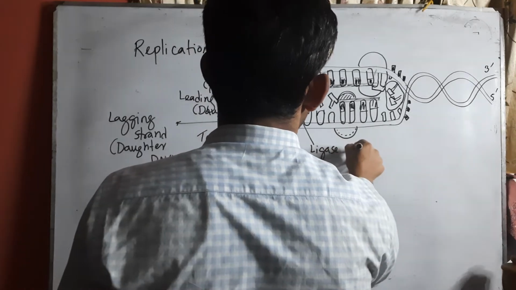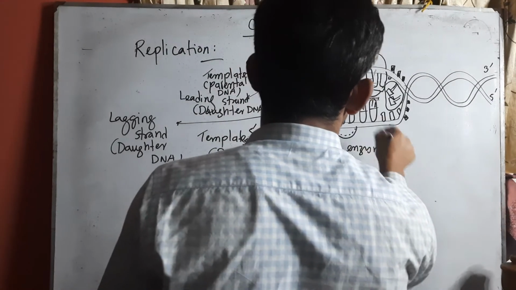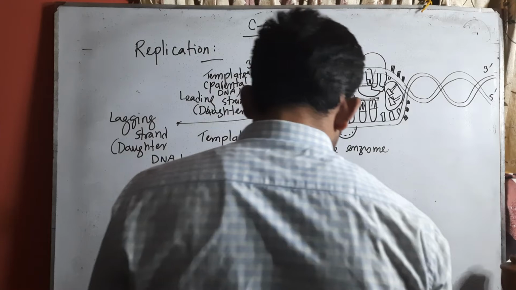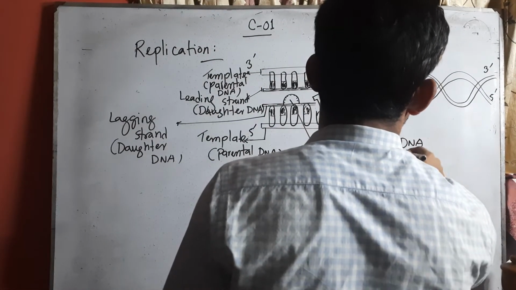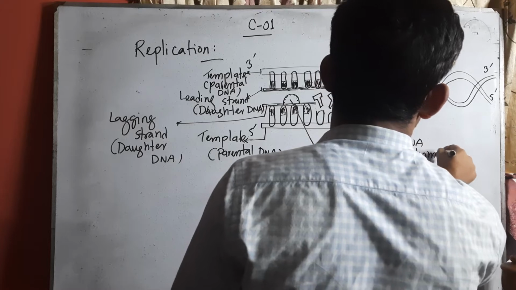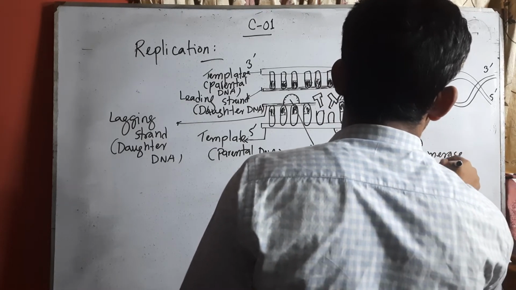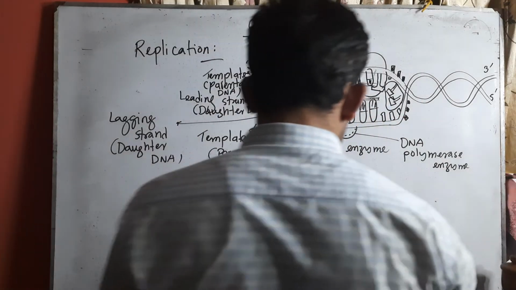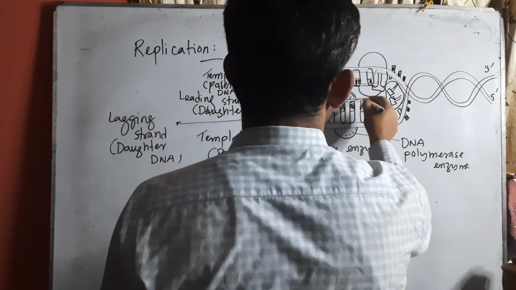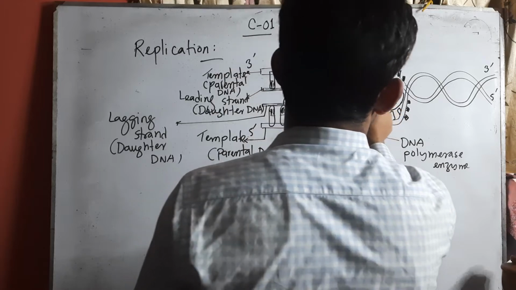Ligase enzyme. And these are the DNA polymerase enzyme. DNA polymerase enzyme. Then we can say these are termed the Okazaki